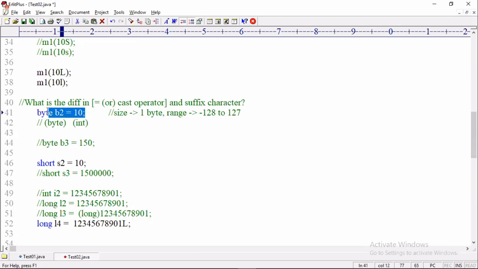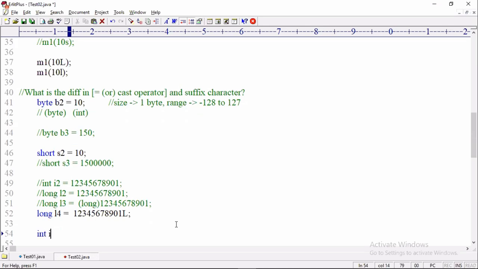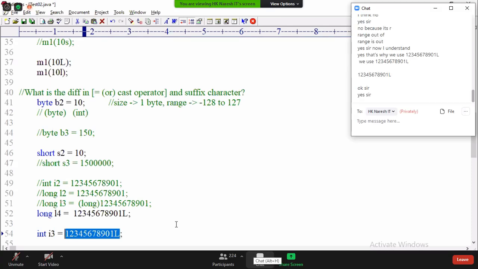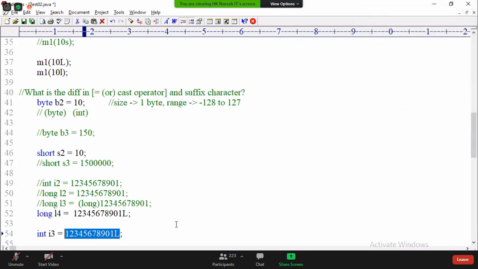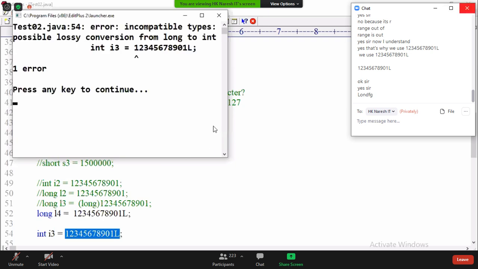Assignment operator is converting into byte. Assignment operator is converting into short. Here there is no conversion. The number itself is a long. It's not int, it itself is a long type. A long number can be assigned to long. You want proof? Okay, I will give you the proof. int I3 equal to, I am assigning this number here. Tell me, what type is this number? Long type. It is an integer of long type. Are you catching my point? Look at the compiler talking in long terminology.